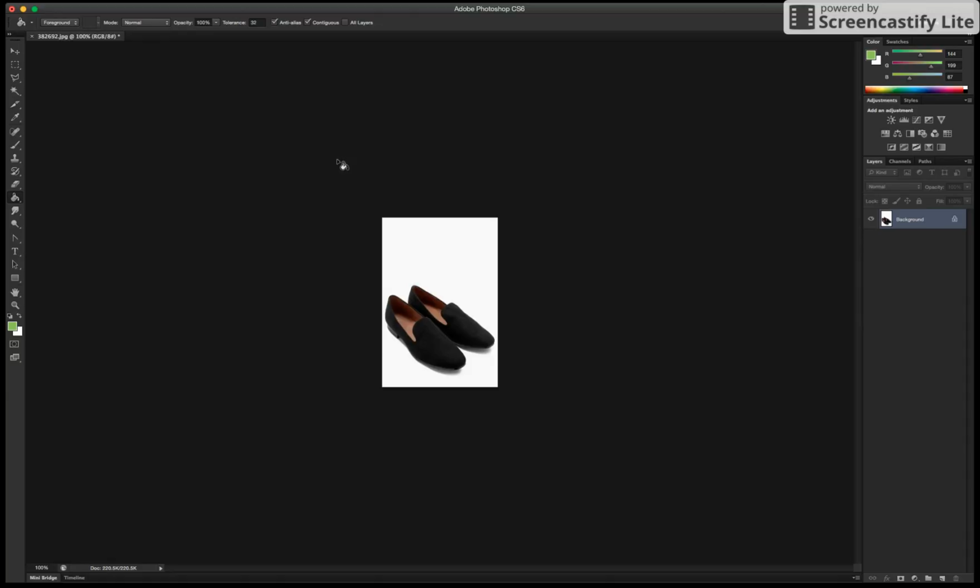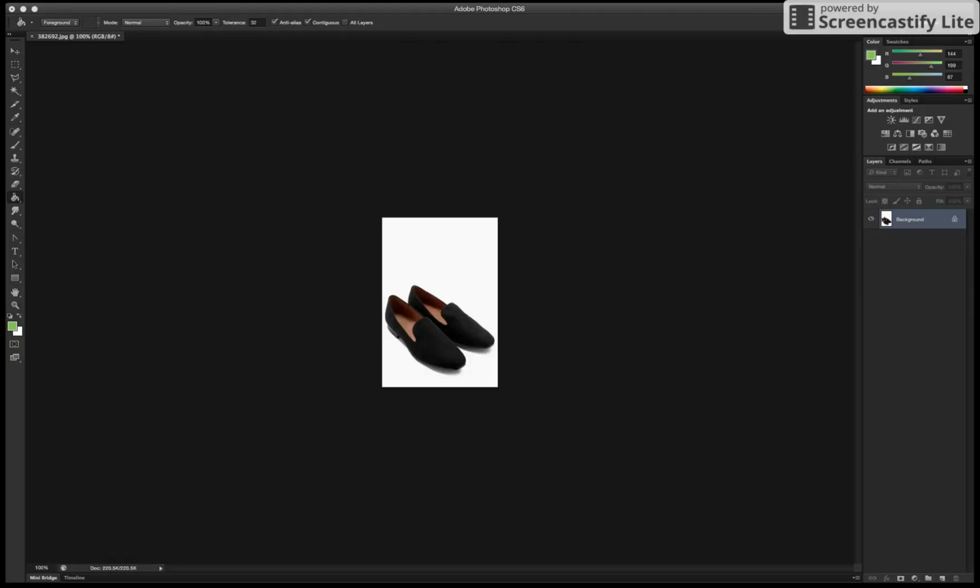Once we've done that, you need to go File, Save for Web, then choose your quality. I usually go for high or about 60. Make sure it's JPEG. Save for Web, click Save. Running a bit slow. And this is the After folder. This is the folder where we want the destination of these images to land. So if we just click Save in there,